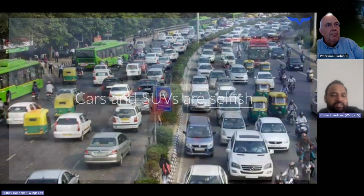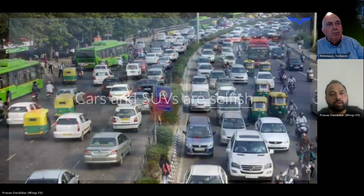So as you can see, it's a one-of-a-kind form factor, which is tailor-made for dense, congested cities. It is a two-seater four-wheeler, which classifies in India and Europe as a quadricycle, but has the length and width of a large motorbike. So it can go anywhere a motorbike can go. You can park anywhere you can park a motorbike. And now this novel form factor